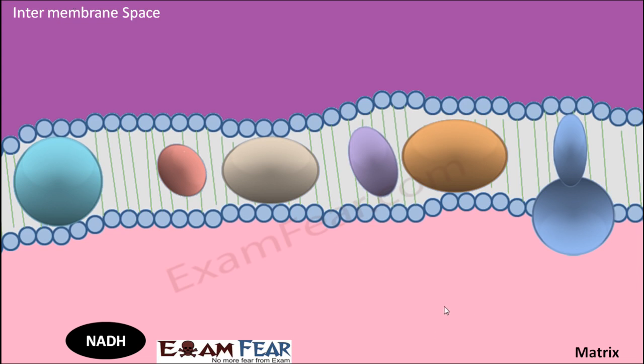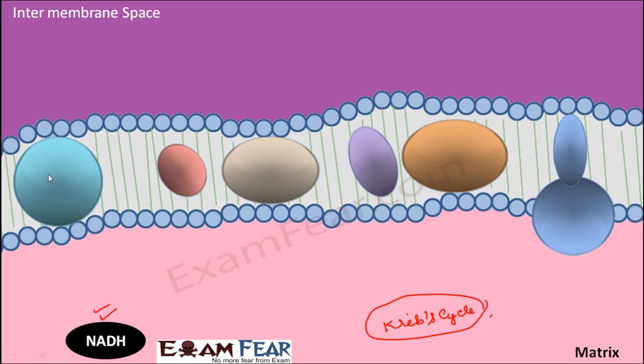Now when we talk about the Krebs cycle or glycolysis, forget about glycolysis. Glycolysis occurs in the cytoplasm. When you talk about pyruvate oxidation or the Krebs cycle, they all happen here, that is in the matrix. So all the products of the Krebs cycle are present in the matrix. And one of the products of the Krebs cycle is NADH. Correct? Now we will look at the NADH pathway with the help of this video.